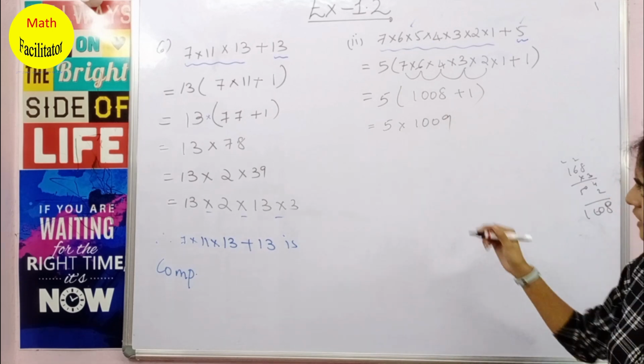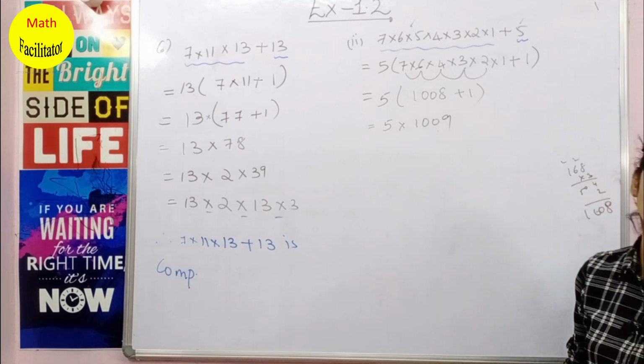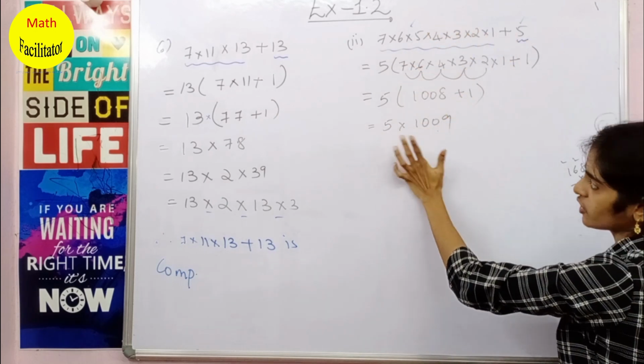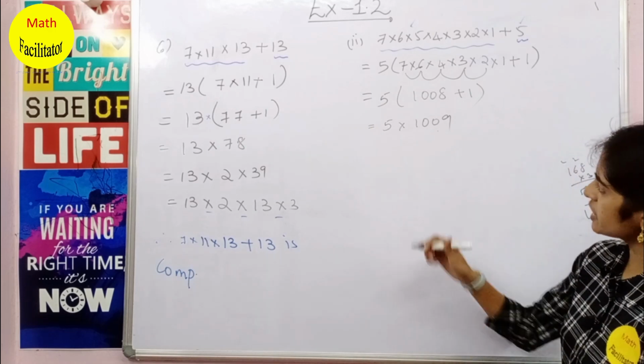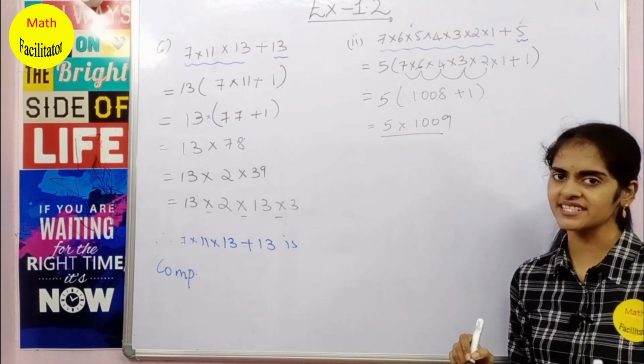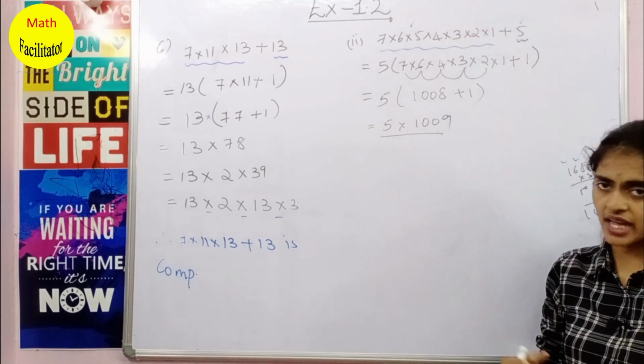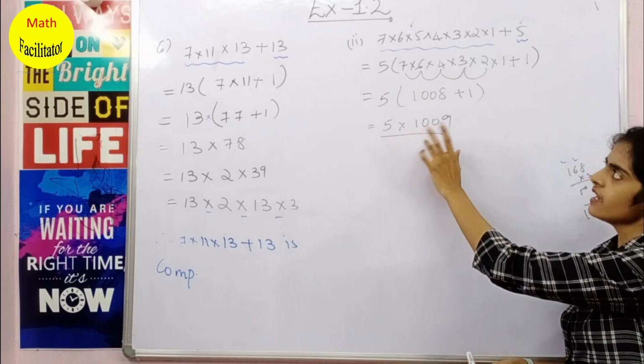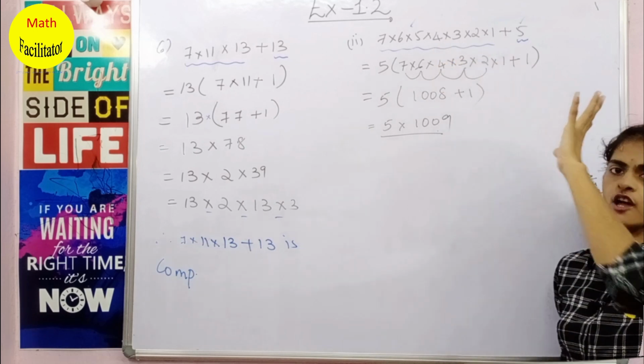Now here you can see this is product of two numbers. This particular number you have expressed as product of two numbers. So simply you can just stop it here also and you can say that this particular number is composite. Why? Because you are able to express it as product of numbers. So that means this is a composite number.